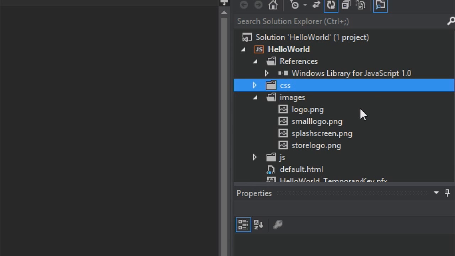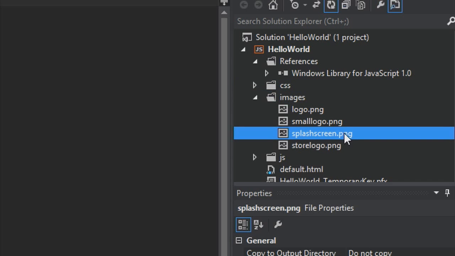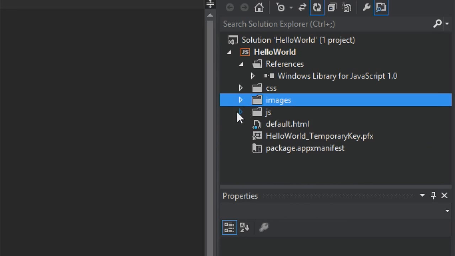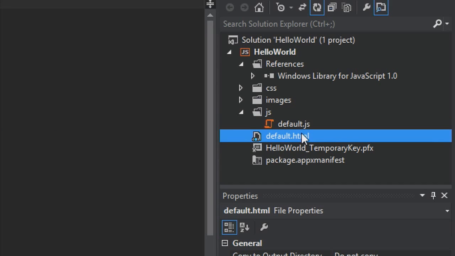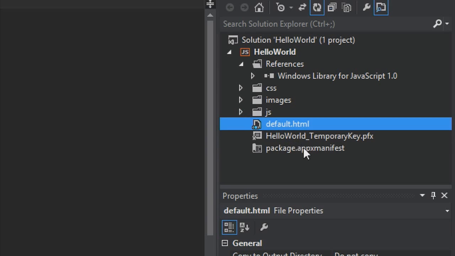For example, the logo and small logo images are displayed in your start screen, while the store logo PNG is used to represent your app in the Windows Store. And finally, the splash screen PNG, which is used to show your app when it starts. It also includes a JS folder for all of your JavaScript files. By default, this includes default.js, and a default.html page, which is a basic HTML page that we'll be editing in just a second. And finally, there's